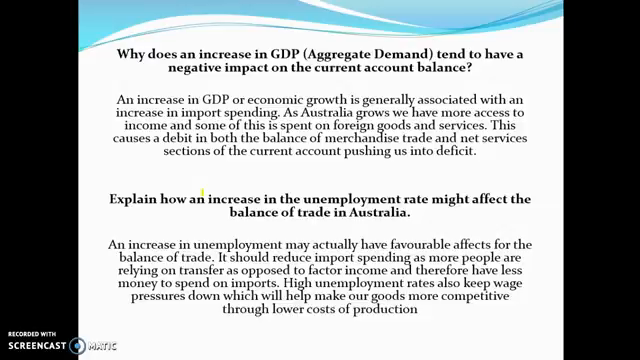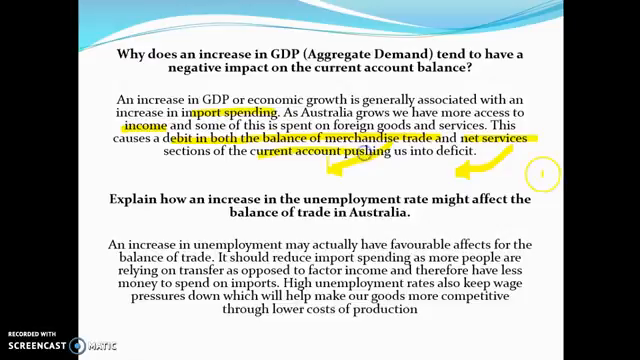Why does an increase in GDP tend to have a negative impact on the current account balance? An increase in GDP is generally associated with increased import spending. As Australia grows, we have higher incomes and more employment, and when we have higher employment, we generally spend more. And whenever Australians spend more, a high proportion of that will go onto imports. This causes a debit in both the balance of merchandise trade and net services. So if you get rich and go on a holiday, or if you get a job and go on a holiday, that will cause more importing. If you buy more products online or from overseas, that will cause more importing,